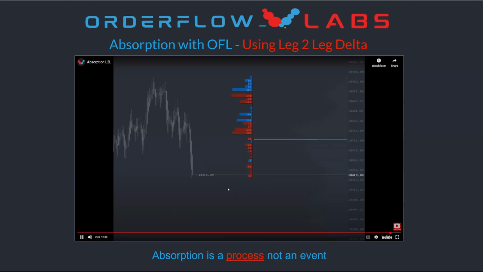And so that's important to be able to see, as long as price is going down with delta, and we can see that there on your time and sales, you're going to see tons of bid side delta coming through or bid side activity coming through. And so you're going to see that in real time on the actual chart.